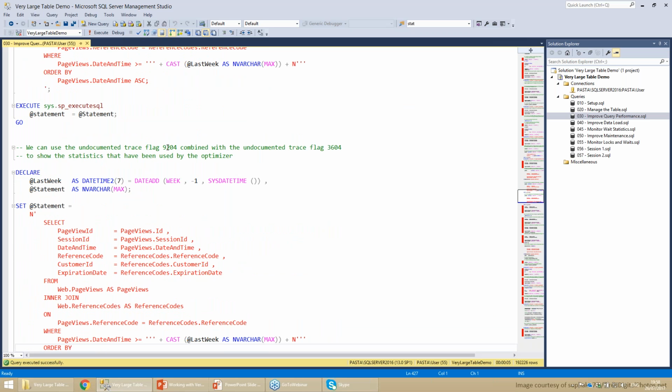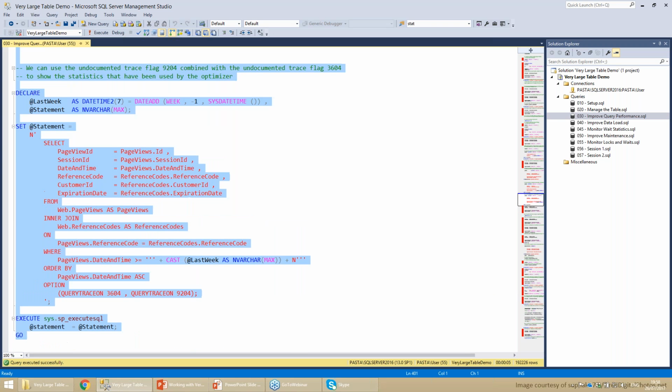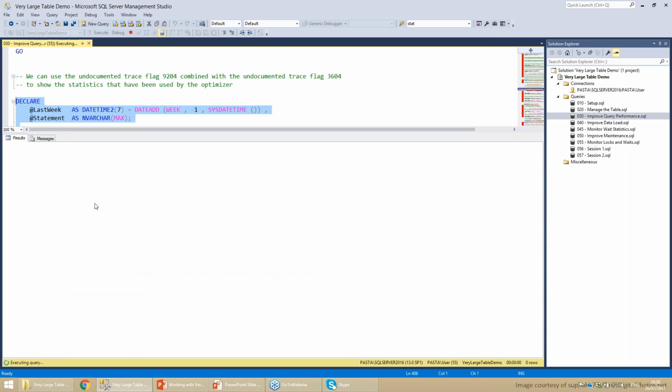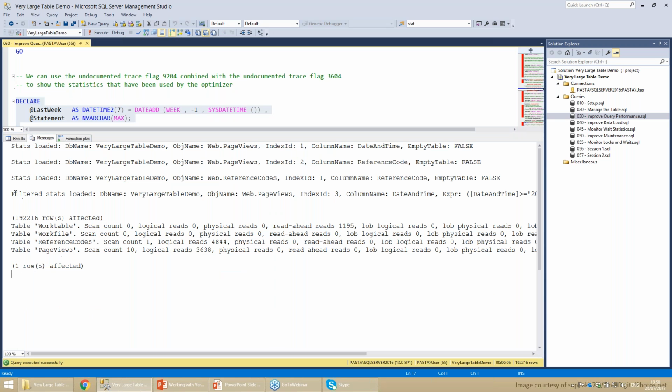We can use trace flag 9204, which is undocumented. This trace flag will show us which statistics were used in the optimization process. So this way we can make sure that we are using the filter statistics. If we look at the messages, okay, then here it is.